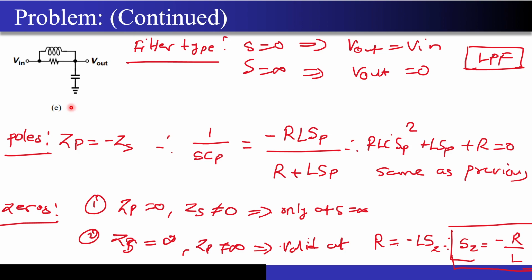Now let's try to find out the values of zeros. Let me enforce this condition, put Zp equal to 0. Can Zp become equal to 0 only at infinite frequency? So that is not a valid condition. Now can this Zs become equal to infinity? Of course this can become equal to infinity when the impedances of these two parallel paths are negative of each other, correct? And when can that happen? When the Ls, that is the negative of this Ls impedance, is equal to R, correct? So this is what you got, and the zero that you will be left with is nothing but minus R by L. So the circuit has two poles and one zero over here, right?